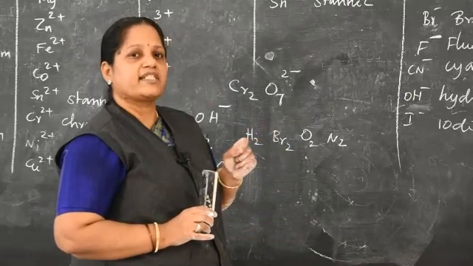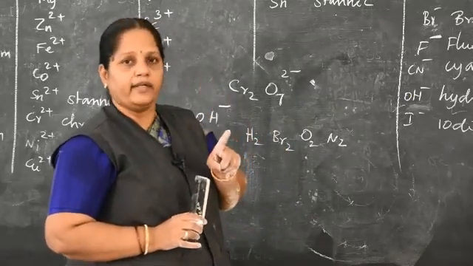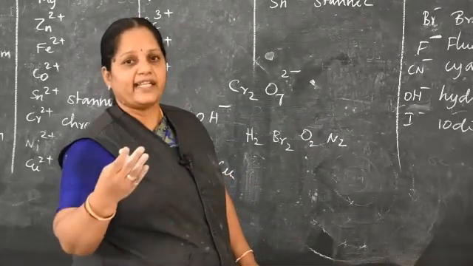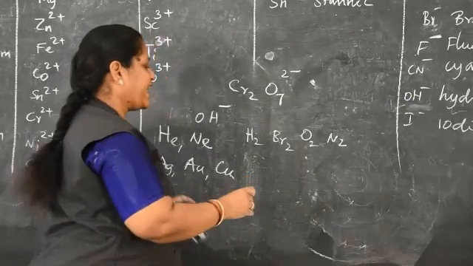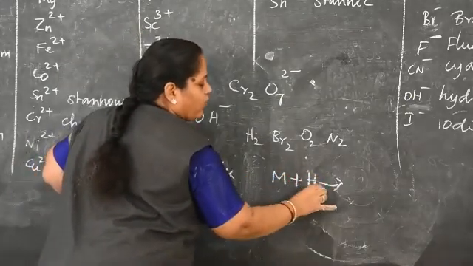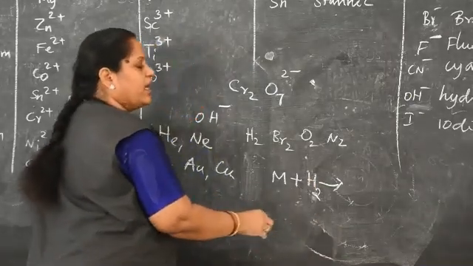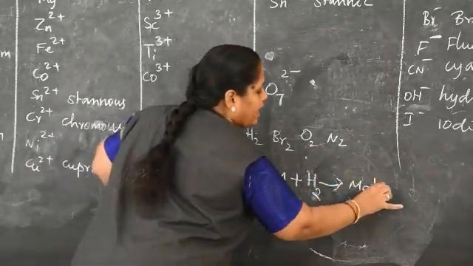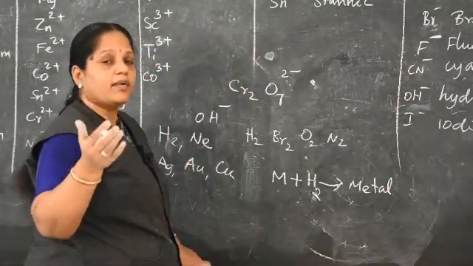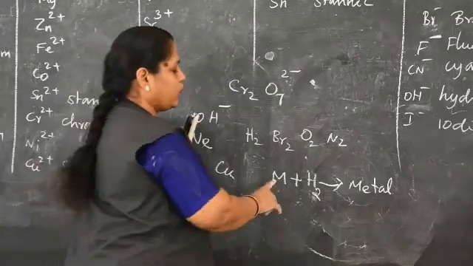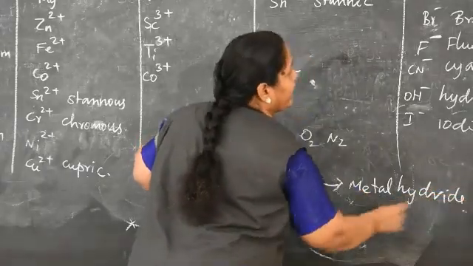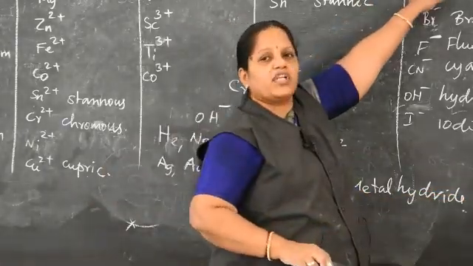Hydrogen, usually oxidation state of hydrogen is +1, but when it reacts with a metal, they form metal hydride. Any metal combined with hydrogen, a diatomic molecule, forms metal hydride. Metal carry what charge? Always metal carry positive charge, non-metal carry negative charge. That's why in metal hydride, in which hydride, already I write here hydride, it carry what charge? Minus.